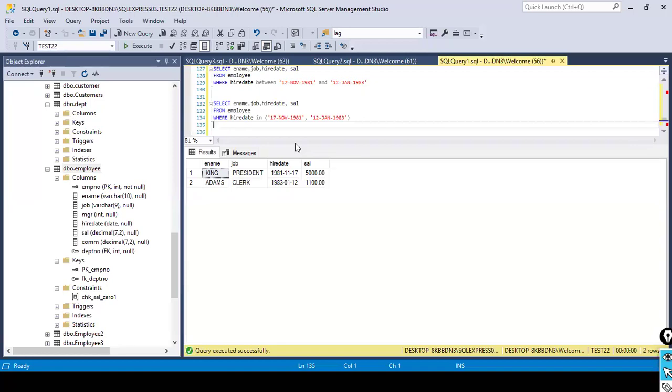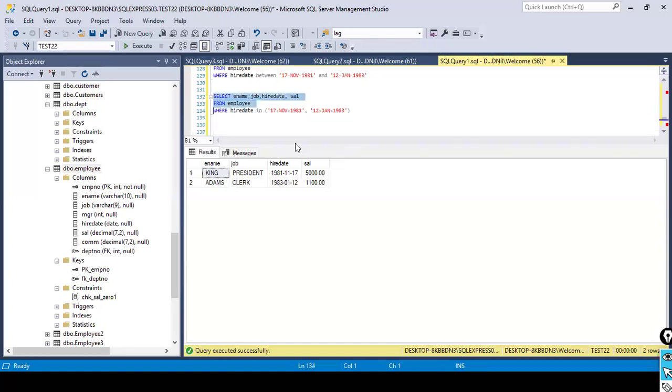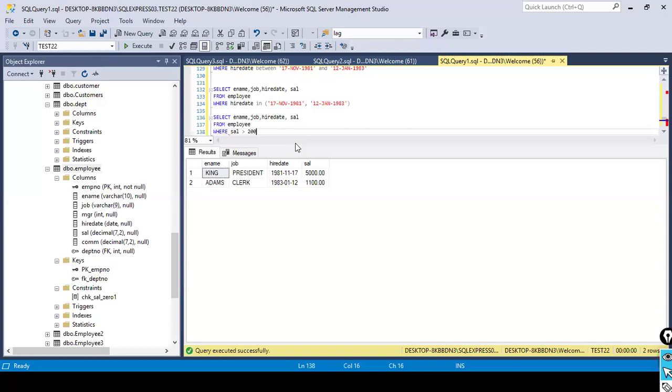If you want to specify more than one filtering condition, in that case, you can use this one. And apart from this, we have something called the LIKE operator. Okay, we have something called the LIKE operator. Select from employee where salary is greater than 2000, or where ename LIKE, so listen, ename LIKE 'percentage',